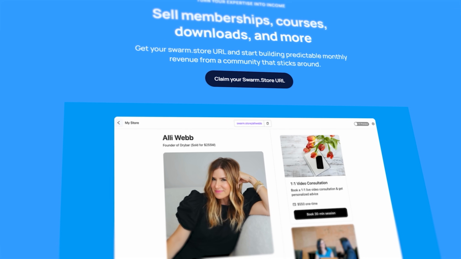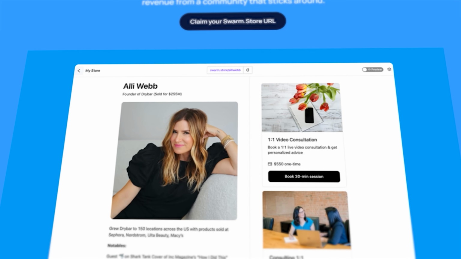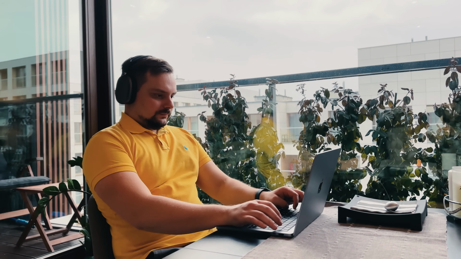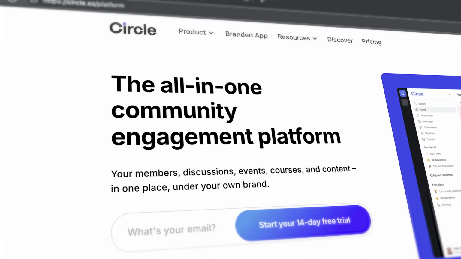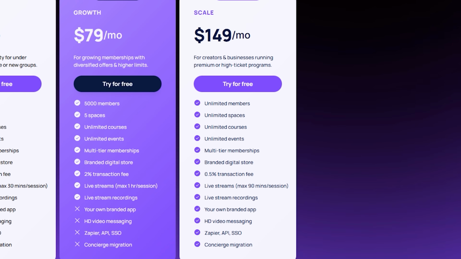Mates, it also works as a one-stop shop, all in one hub. You can run memberships, courses, and live events here, then layer in async updates and coaching without touching extra tools. All communication and learning stay inside one system. On top of that, you can offer a fully branded mobile app for your community. Competitors like Circle and Mighty often charge thousands extra for this, while Swarm includes mobile apps on its top-tier plan.